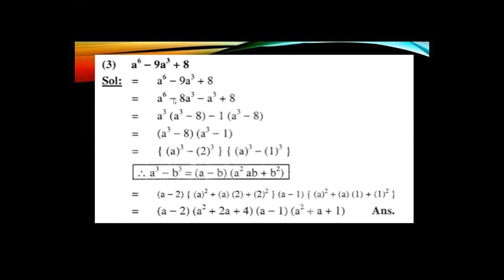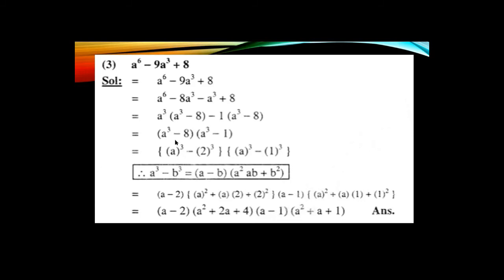So we take common from the first two and the last two terms. What is common in the first two terms? The a cube is common, and the remaining element is a cube minus 8. And in the last two terms nothing is common, so we just take minus 1 as common. So it becomes minus, minus plus a cube, and minus, plus minus 8. Now again take common. The common is a cube minus 8, and the remaining element is a cube minus 1.